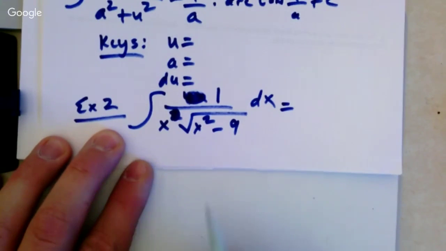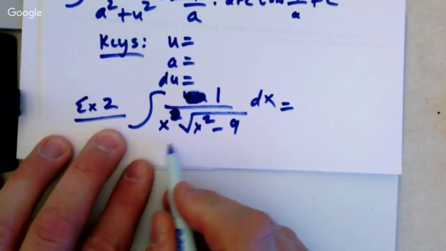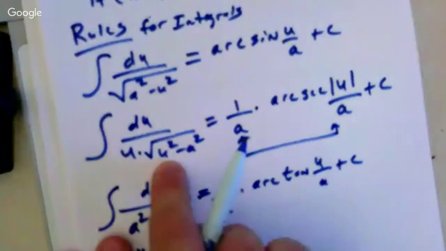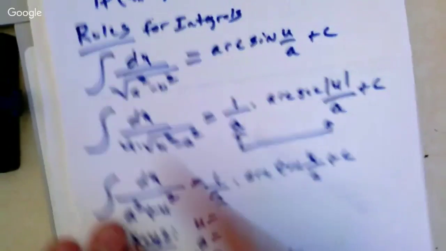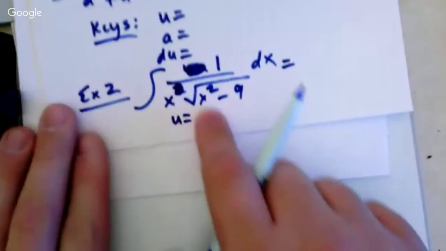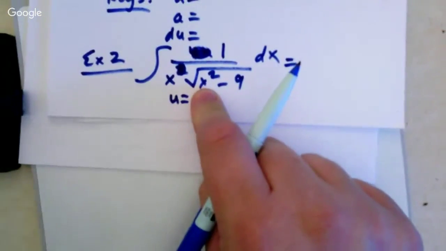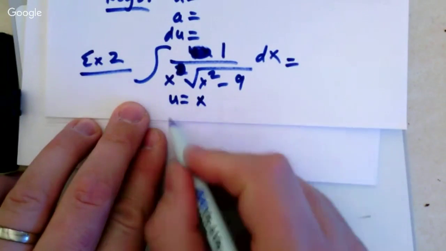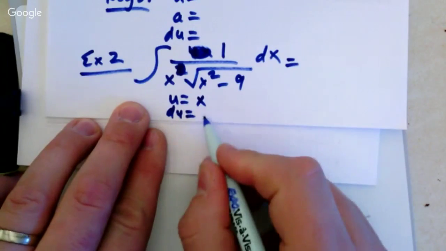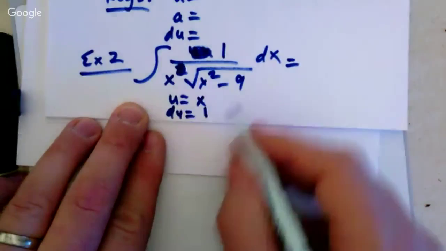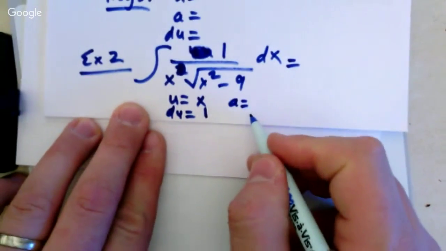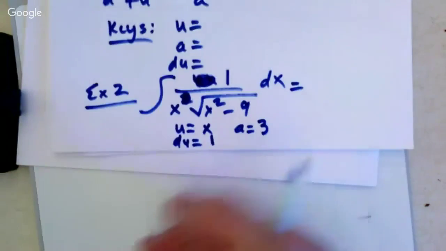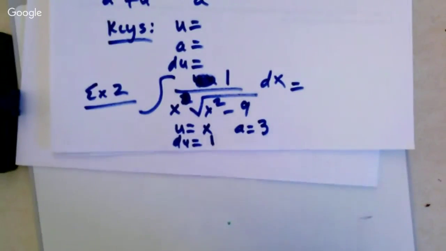Okay, so easy part. What's u equal to in this case then? Now here's the hard part. Notice in the equation, it's not u, it's u squared. So it has to be whatever u is squared. So don't think of it as what the squared is. What would be squared is underneath there. So u would be equal to x. So then what's du equal to? 1. That's nice. That's how we make that easy. What's a equal to? Don't say 9. 3. Again, it has to be squared in there. It has to be 3 because 3 squared fits it.